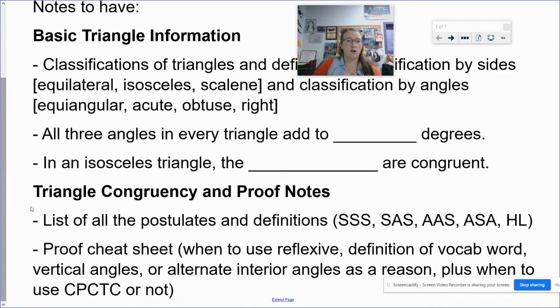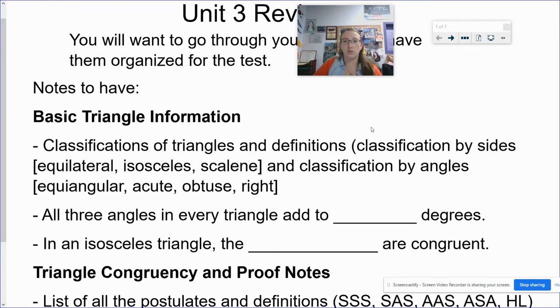about angles, and then also our cheat sheets for the proofs. We made a list of all the postulates and their definitions, and then we had a proof cheat sheet where we talked about using reflexive, definition of a vocab word like bisect or something like that, vertical angles. You want to find that stuff. So pause the video real quick, click continue when you're ready to go on once you have your notes